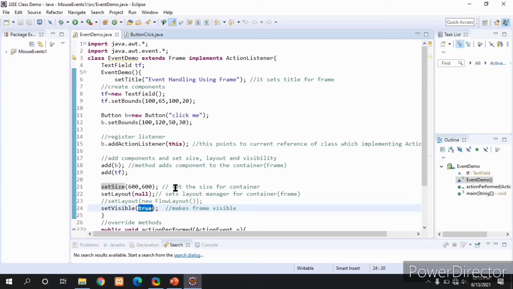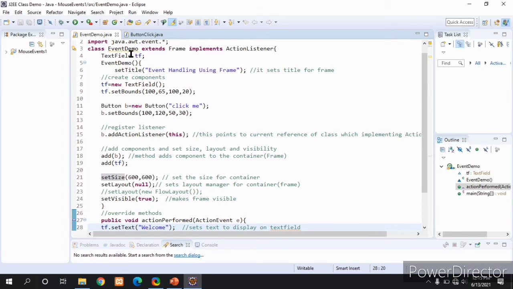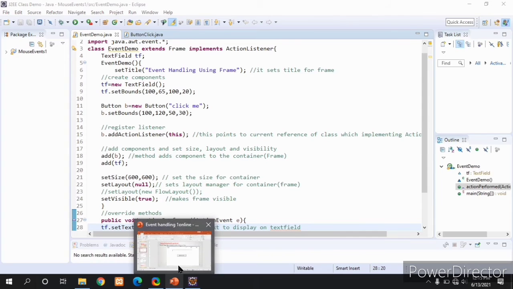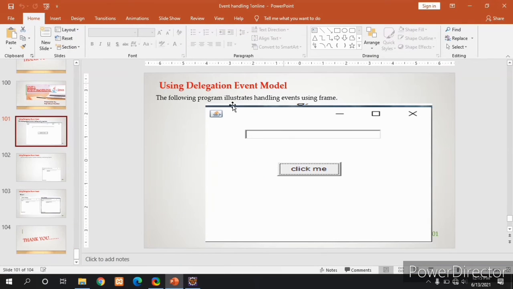Okay, this is the GUI setting, or user interface setting, we did. See here, one frame we have taken, one title is there and border is there, size of frame is there. We have created the components and added the components to the container.